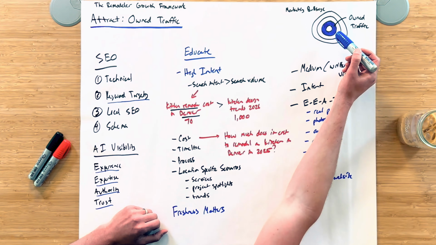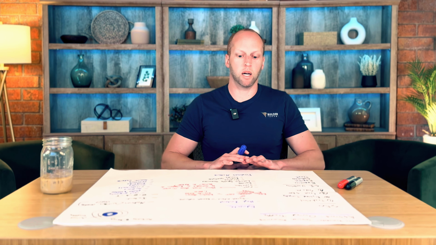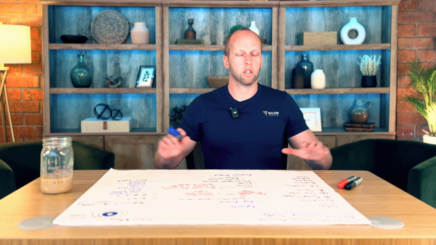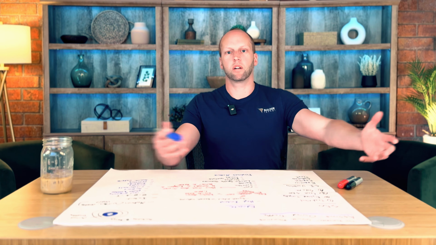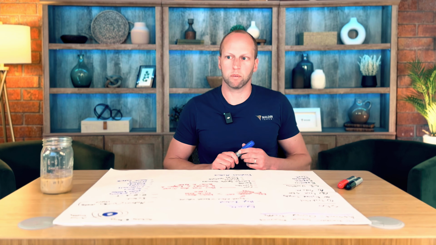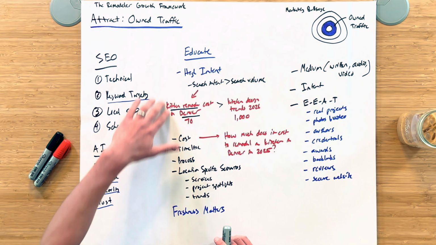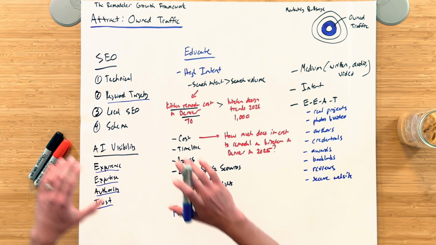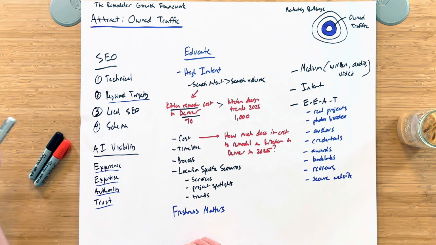And so that is why we want to build this ring out as much as we can, because it means we're doing a good job of educating the market, building up our trust and authority in terms of these platforms, and then ultimately getting more people to the website. So we're going to use educational content and content marketing as a way to influence and improve how we show up in these platforms here.